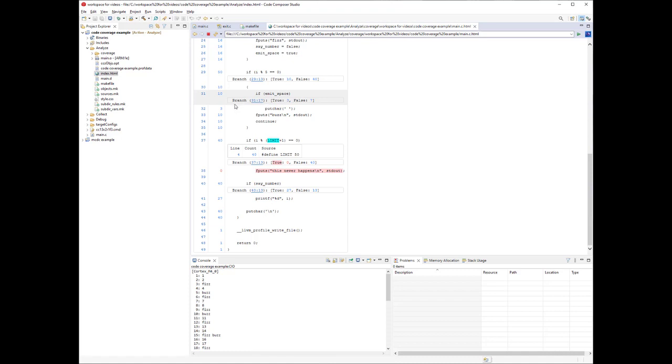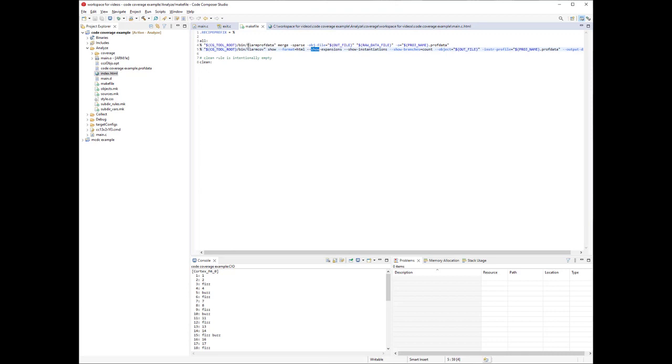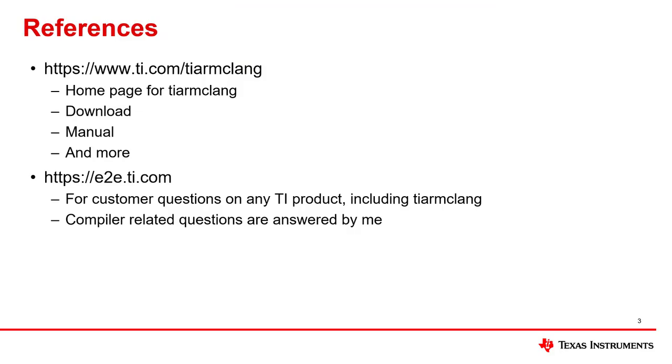But I don't want you to get the impression that what I've just walked you through is the one single way code coverage is always displayed. That simply isn't the case. It looks this way because of the options that are supplied to these two commands, and you're certainly welcome to change them as needed.